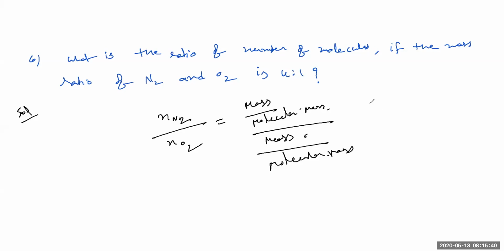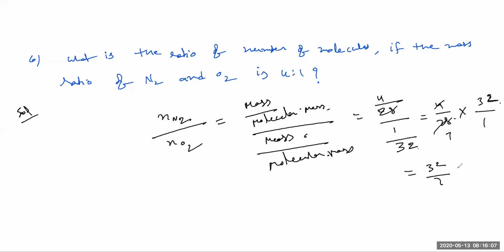Yeah, come to know. What is the mass of nitrogen given? For molecular mass, nitrogen 28, by mass of oxygen is 1 only given. Molecular mass of oxygen 32, right? And that implies 4 by 28. This comes up rewriting 32 by 1, right? So 4 7s are final. What is the 32 by 7? That implies 32 is to 7. Understood?